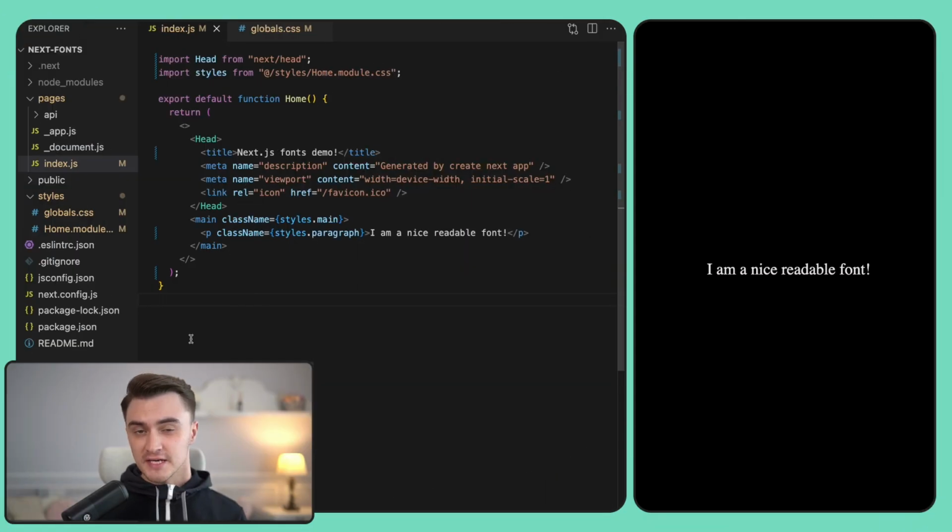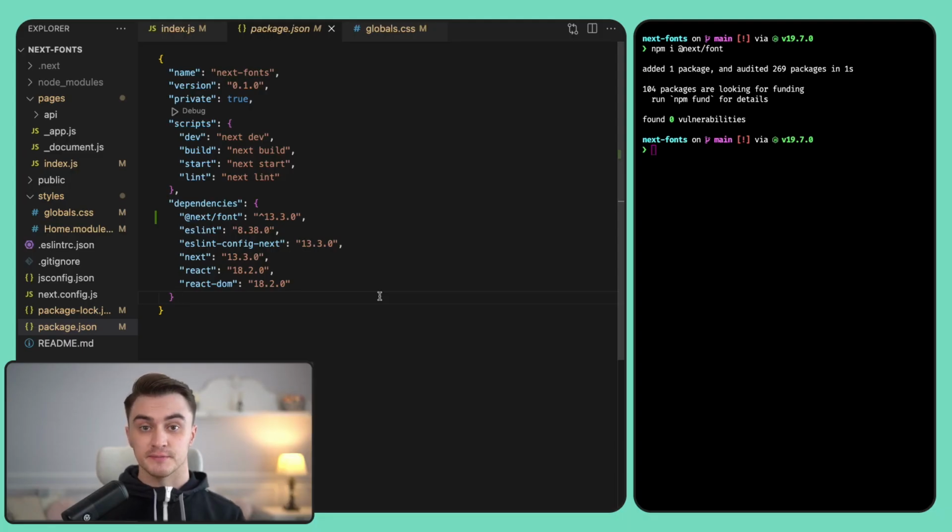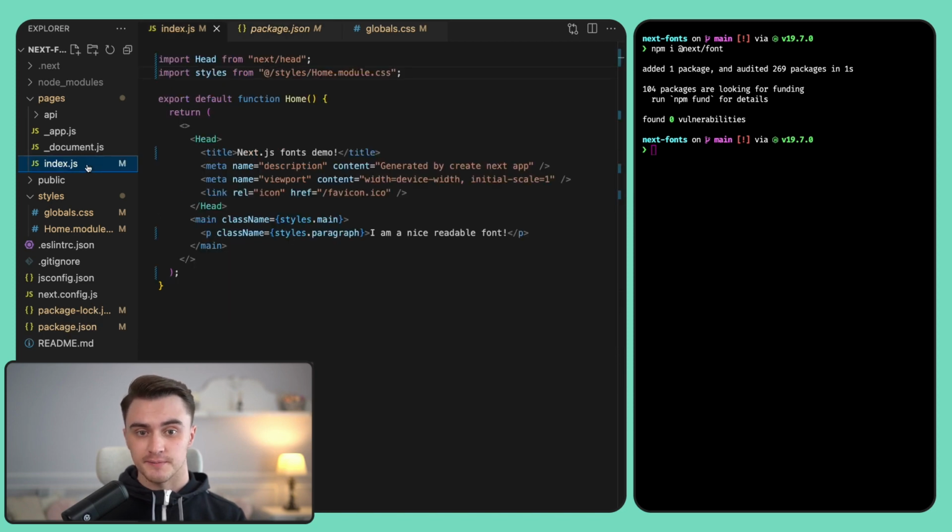Here I have a Next.js starter, which you can get by running npx create-next-app. I removed most of the boilerplate code because we won't need it. Now we're ready to use the package. To do that, we need to complete 3 steps. First, we need to import the font itself, then we need to configure the font object, and finally, we need to attach our font to the JSX code. So let's do that in the index.js file.